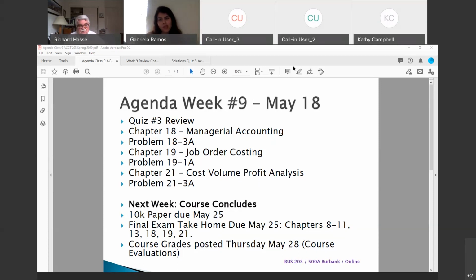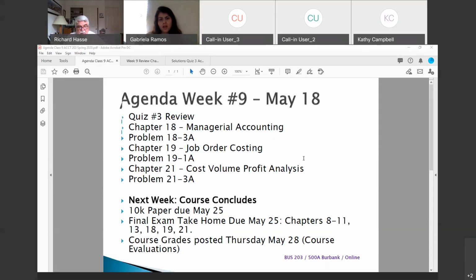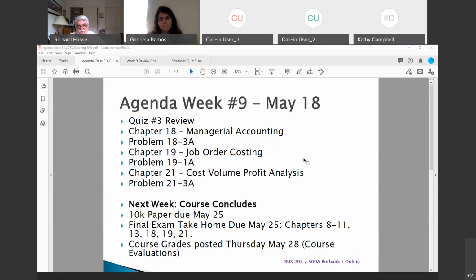So let's continue on. We're going to do some review tonight and open it up for any questions that anybody might have on their paper, and move forward to finishing this stuff up. Chapter 21 is our last chapter on break-even analysis. You will be prepared after doing that for the next step in your academic career, which for many of you will be the business finance class, or some class very similar to that, either in the summer or the fall term, and that'll get you prepared for that class and the associated work that's going to be involved in that.